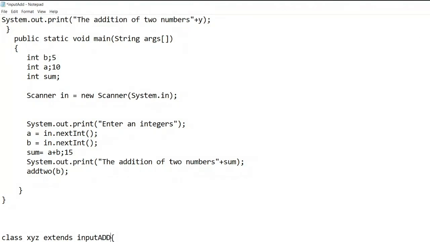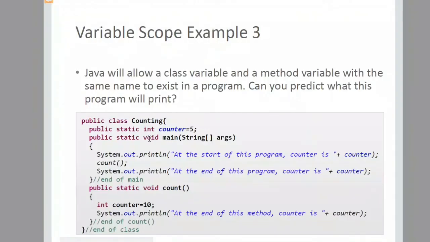You have to inherit. We'll go into it as the class progresses. Clear? Now the scope of the variable is clear. In a simple way I have explained it.